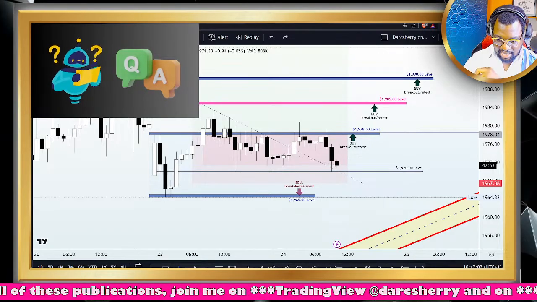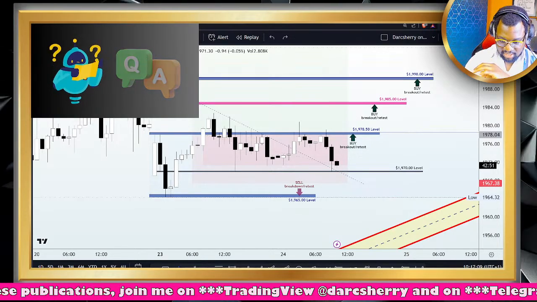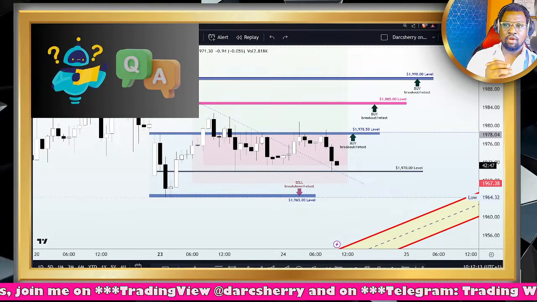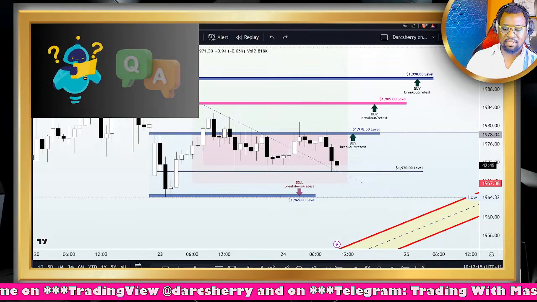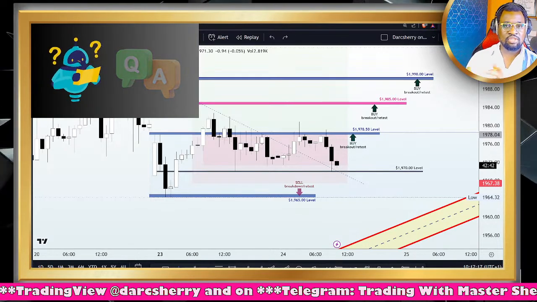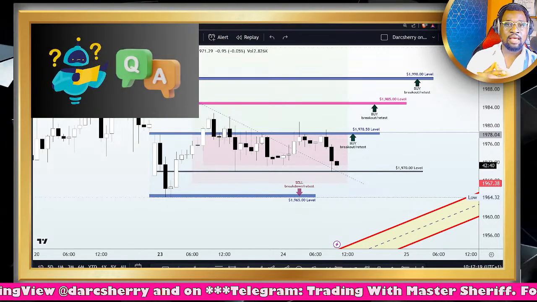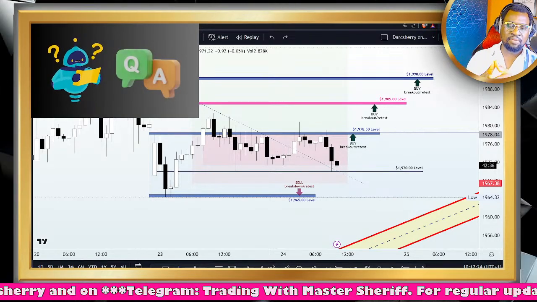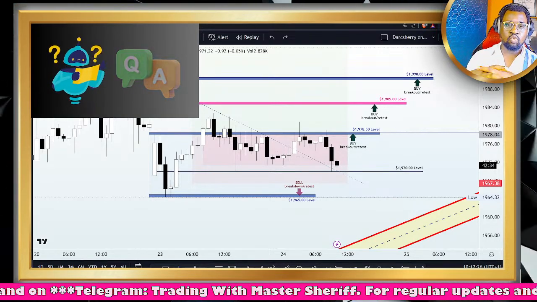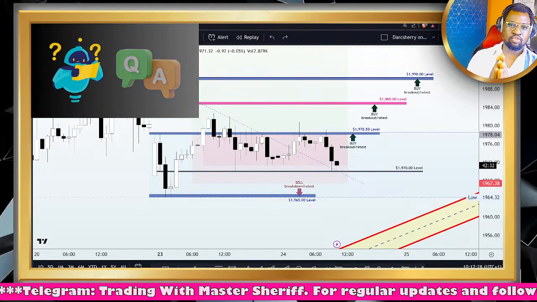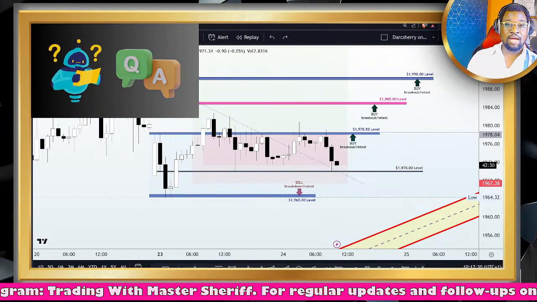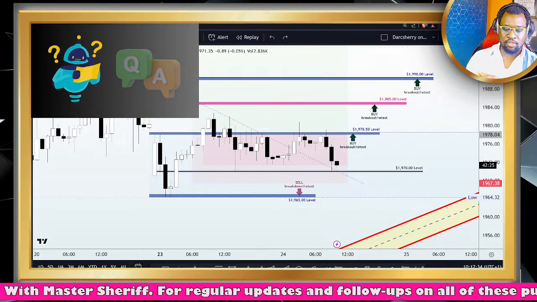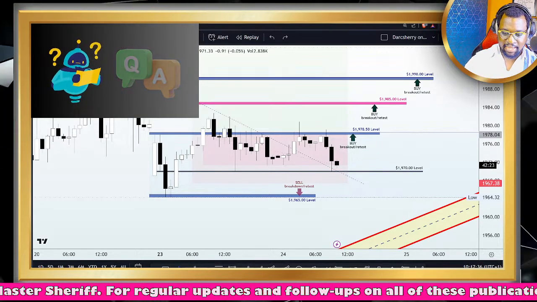Could the gap in the market affect our trading decisions? Juliet Kirema asks, could the gap in the markets affect trading decisions? Of course, the gap affects trading decisions. Whichever direction the gap goes to shows the direction where the majority are heading. So if it's a bullish gap, then definitely price is likely going to the upside, and if it's a bearish gap, price is likely going to the downside. So it of course affects the market.